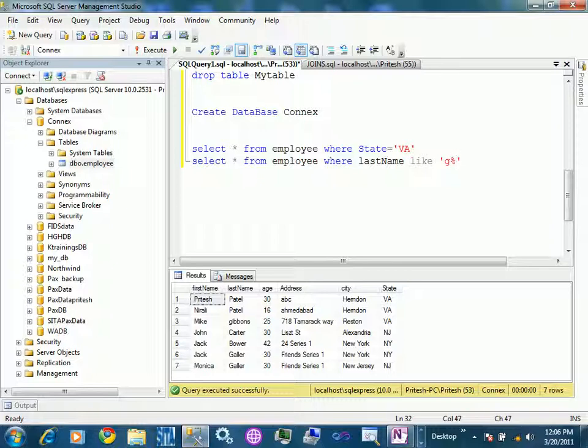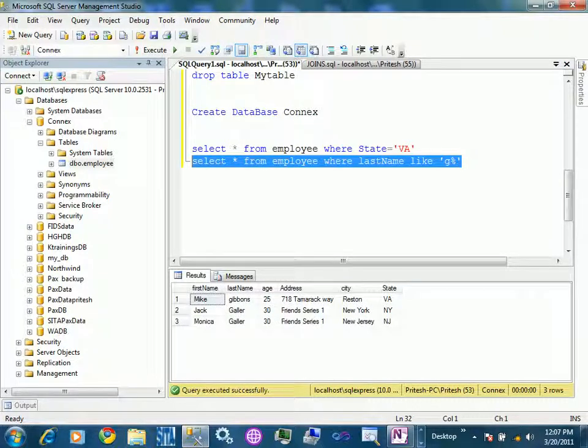That's the percentage. Begins with G. Let's say if I put G in between this thing, that means it's going to find the G if the last name contains it anywhere. Let's say if I put L, or which one is A. This doesn't have A, but this has A. So first let's say it begins with. If I do that, how many records should come? How many records start with G? Just three, right? So let's do that. So we got 3. What did you write after G? Percentage. And then if you wanted more than one character, then you put